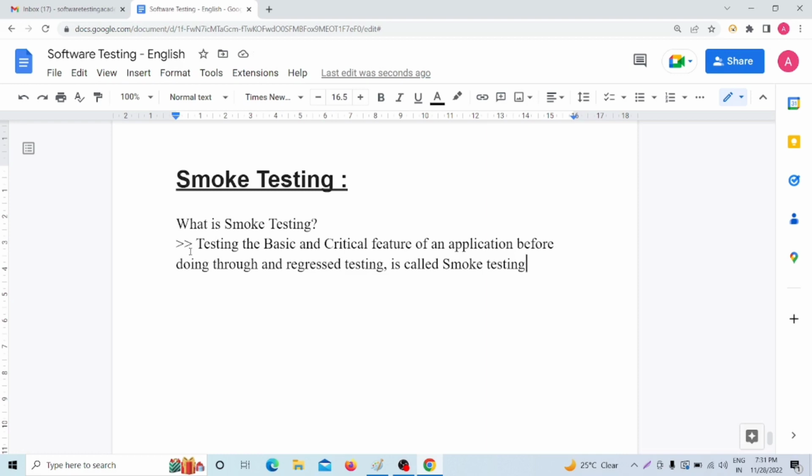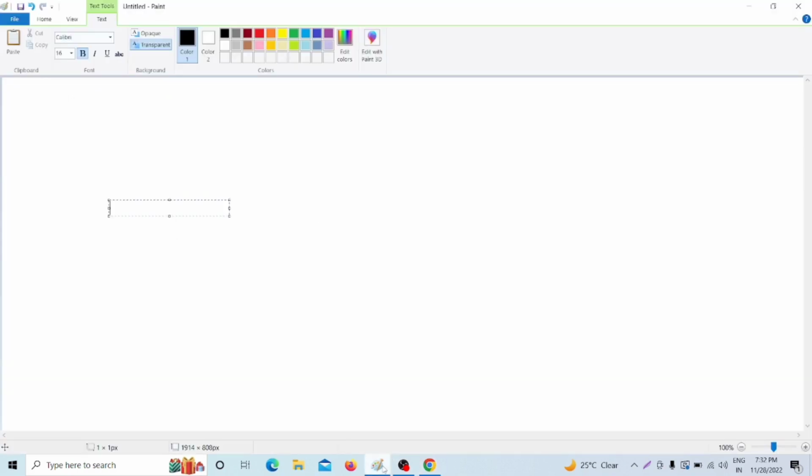Now I am giving you one very basic example of smoke testing so guys you will understand more about what is smoke testing. Okay, so let's start. So let's say